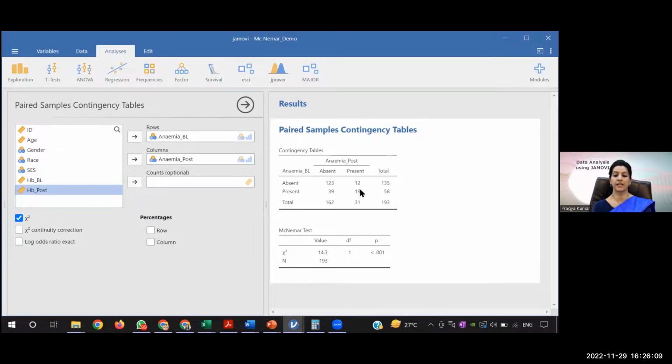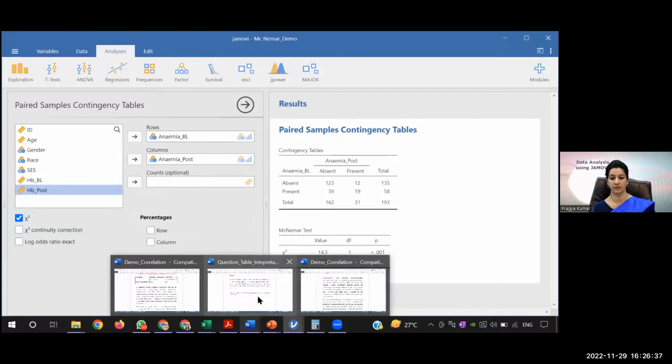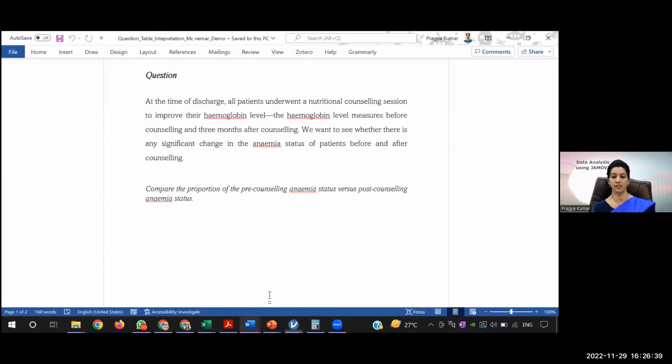So see these two values. This 19 is the anemic during the initial time, and this 12 is anemic after the intervention, because that is in the column. So how will you calculate the percentages? That we did in the interpretation. If you see this interpretation,